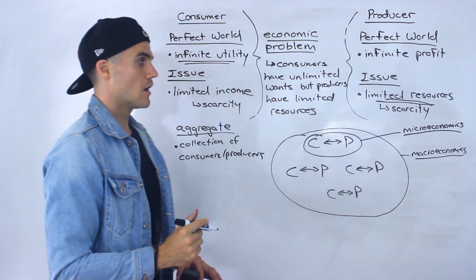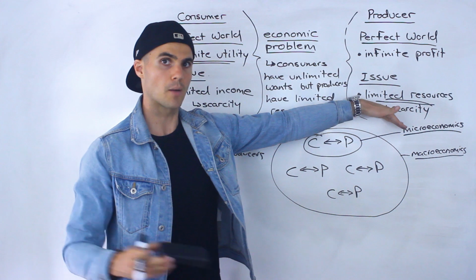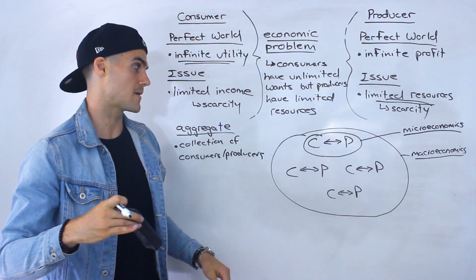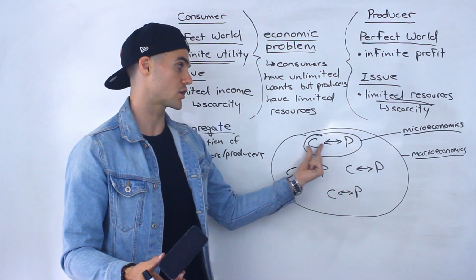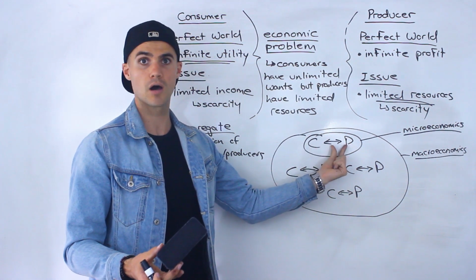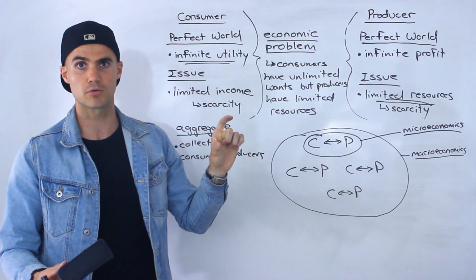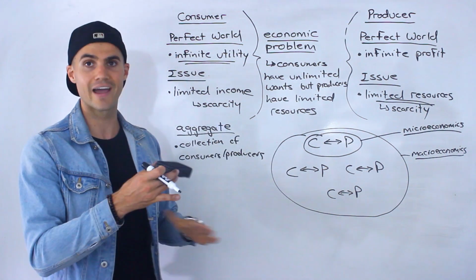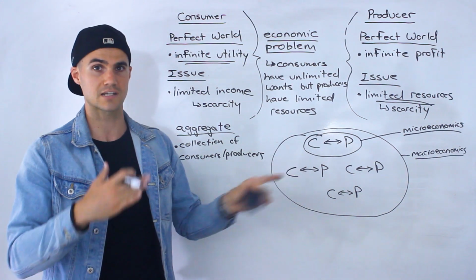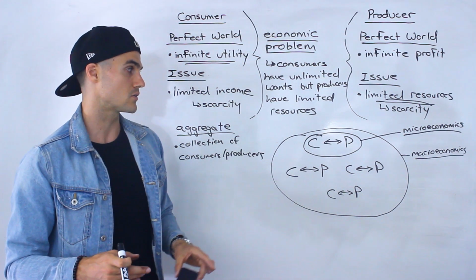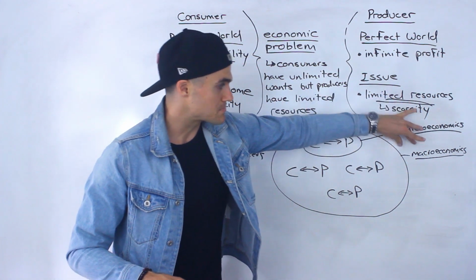So a couple of examples of topics that are going to be studied in microeconomics in this course is the price of a product that a consumer is going to buy from a producer, or what good or service should be produced, or supply and demand also is going to be related to the price of that good or service. That's going to determine the price. So stuff like that is going to be microeconomics.